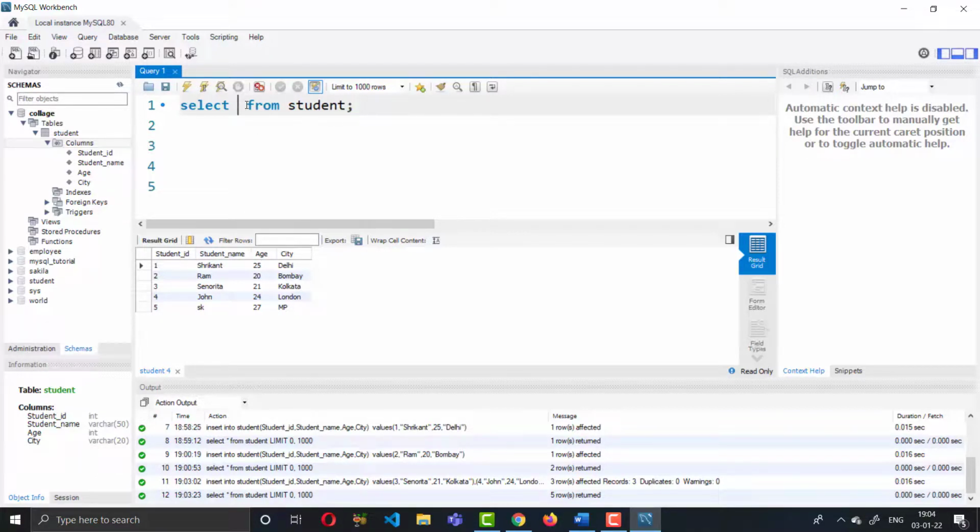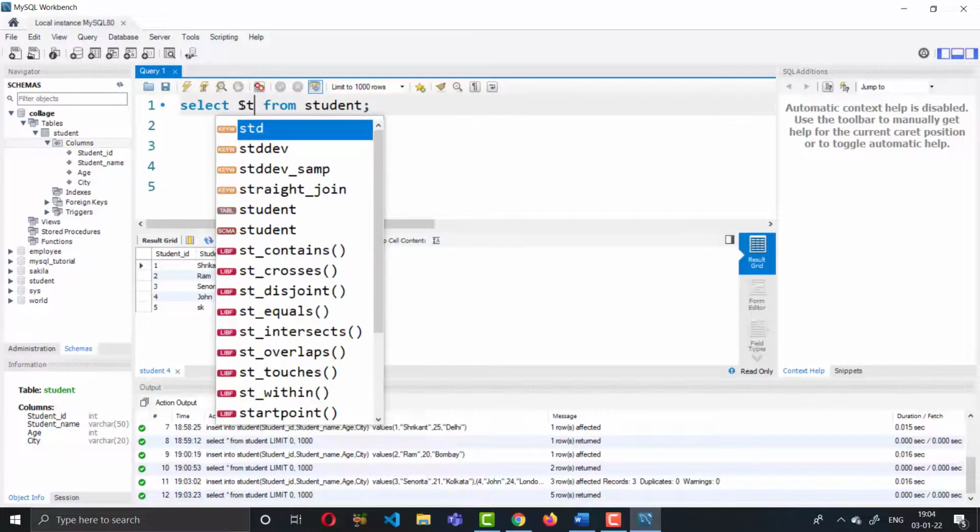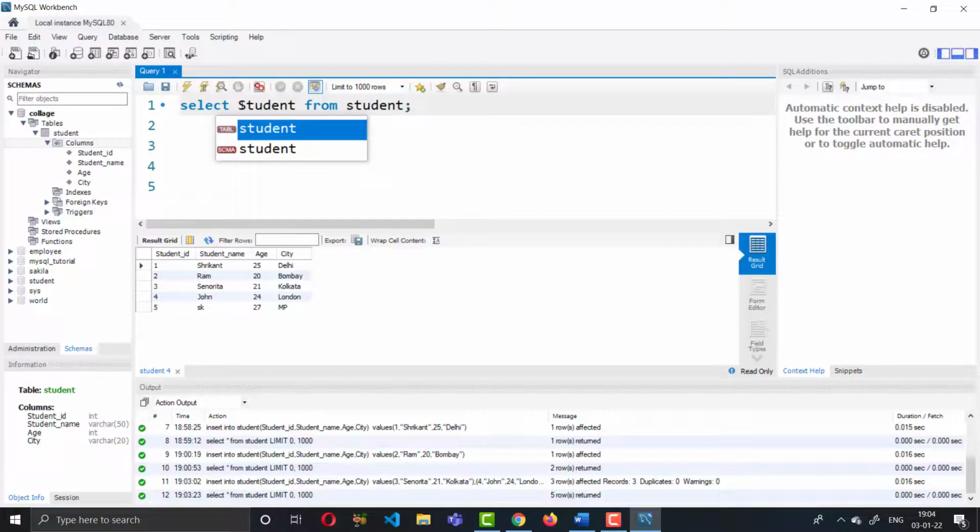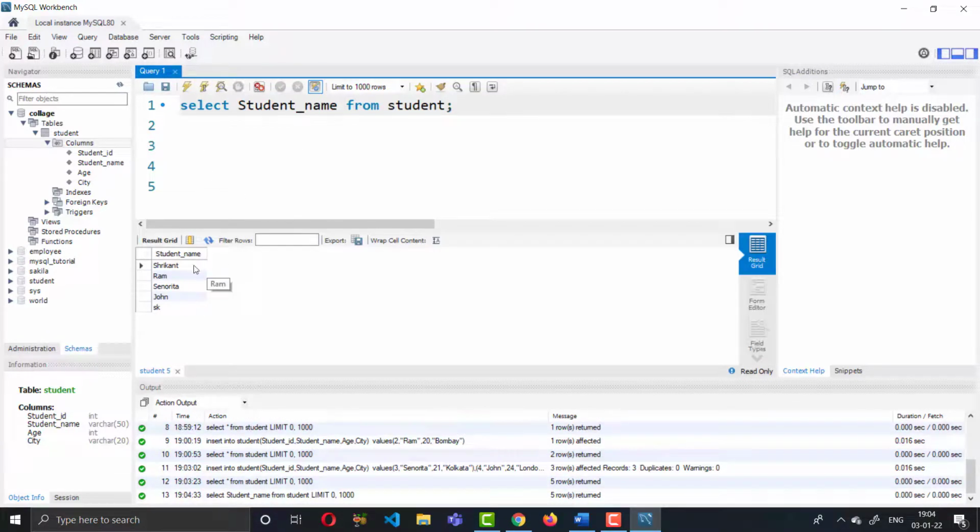Just use that column name. So select student name from the table name. So run that cell. So only the student name column with all its values will appear here. So the student name column is selected, and all the values are also coming.